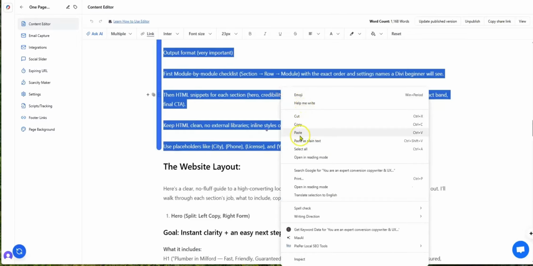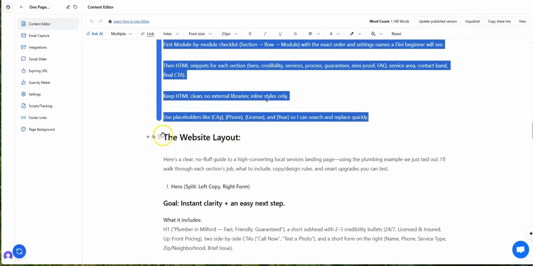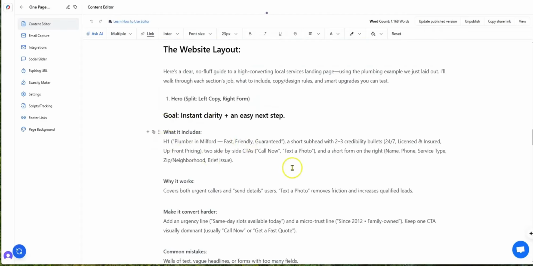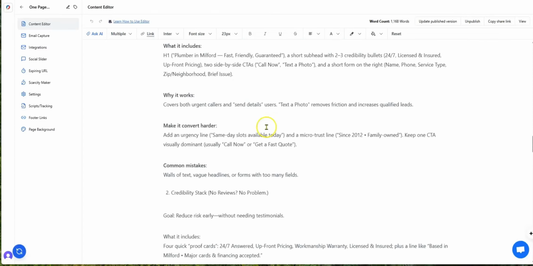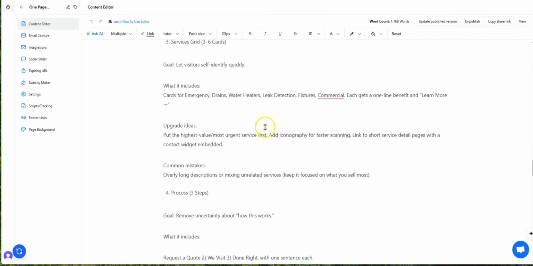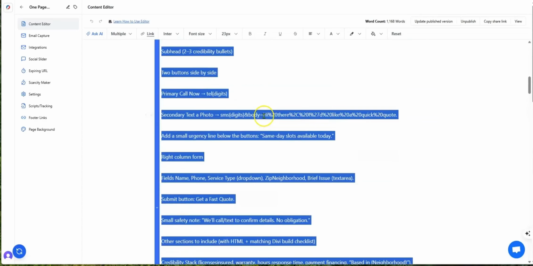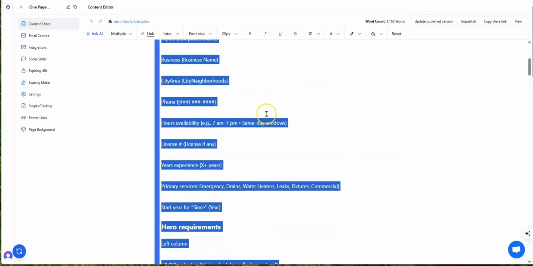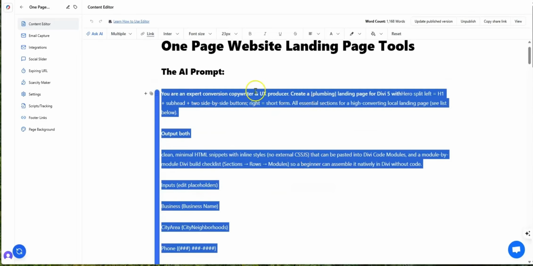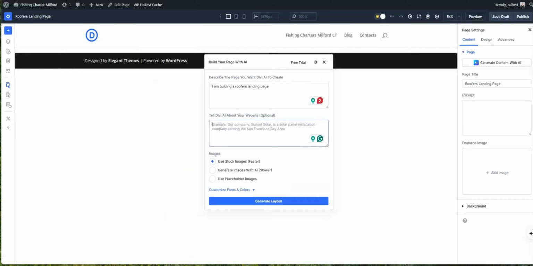You can mouse click, you can copy this, and this right down here is a tool that you could use if you wanted to create your own design, what you need to have in a landing page to be highly converted. Like I say, this page is going to be in the description below where you can copy and paste all of this text. So we're going to go back here, we're going to paste this in,